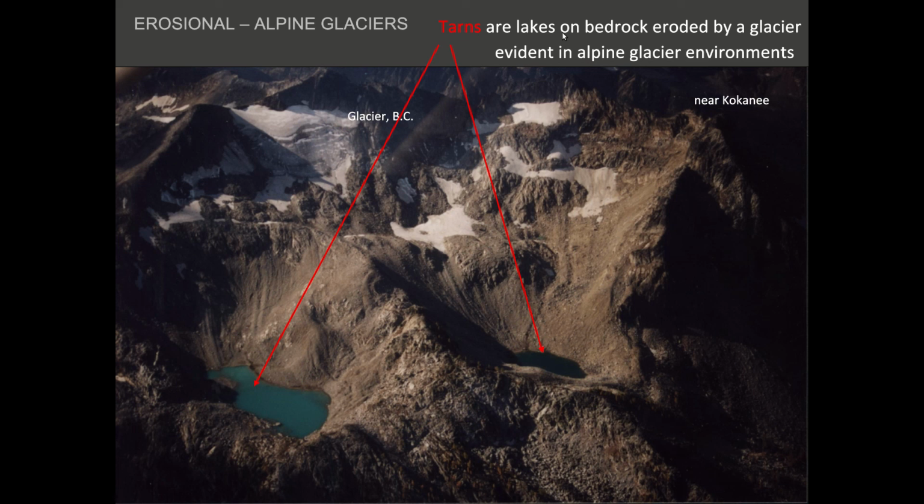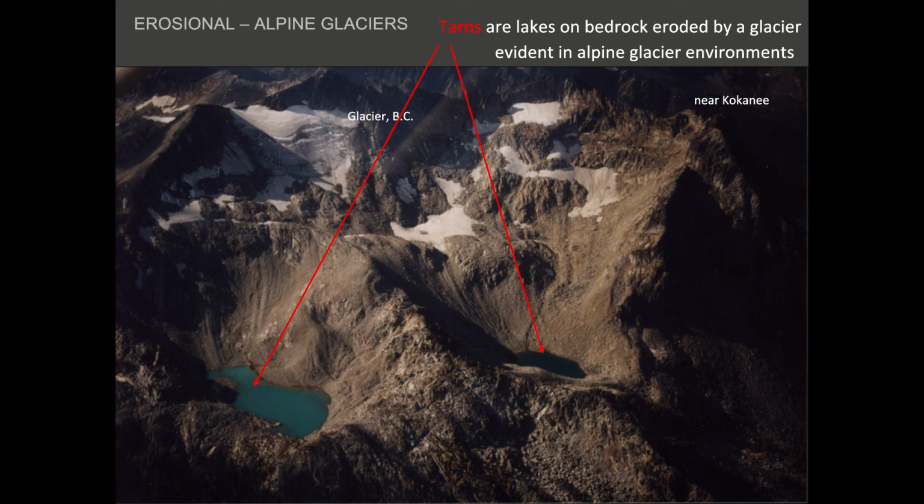And tarns are lakes that form inside bedrock erosions from a previous glacier. So there used to be a glacier here. These look like old cirques. And when the glaciers melt, they've carved bowls in the bedrock, and these are perfect spots for new lakes to form. And you can usually tell if it's a tarn